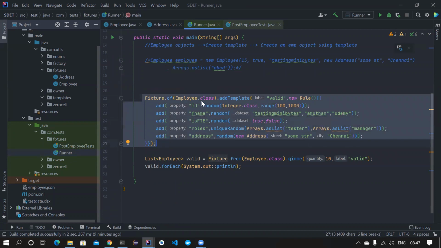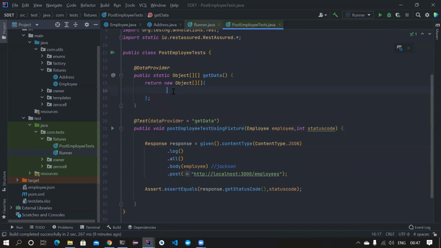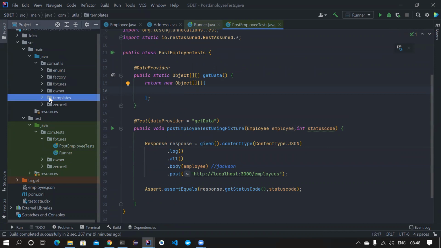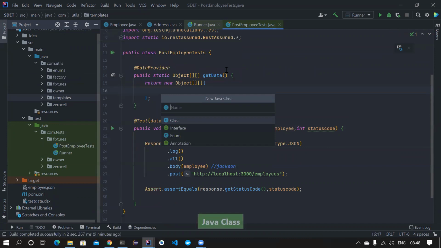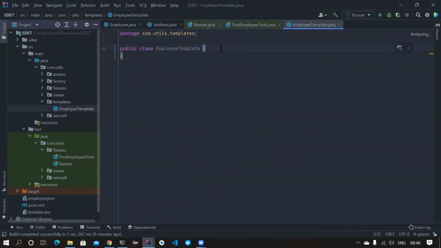Either you need to do a lot of tricks, but there is an easy way out for this. What the Fixture Factory guys suggest is, if you want to maintain templates, I have a package called template. What I'm going to do is create a class called EmployeeTemplate. Whatever logic or templates you want to generate, you can generate it here.